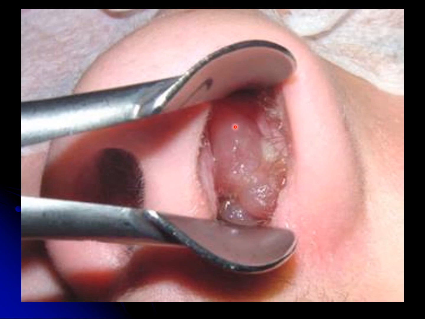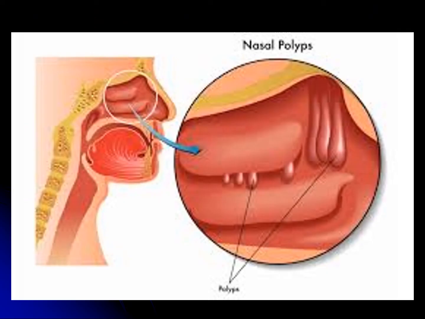This diagram is showing the nasal polyp. You can see on one side it is appearing okay, but on the other side the nasal mucosa is so much thickened and overgrown that it is completely blocking the nose. So no secretion can come out until you remove this. It is a very common condition in which draining is not there. So in a patient with sinusitis and continuous inflammation, the overflow takes place and the blockage is there.